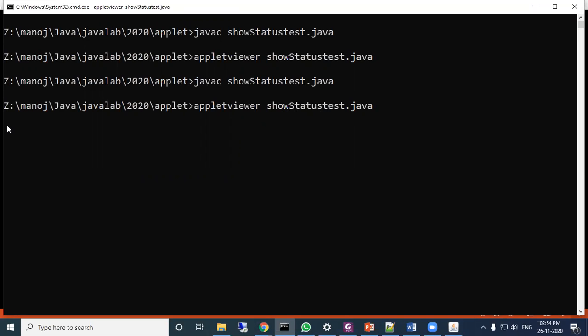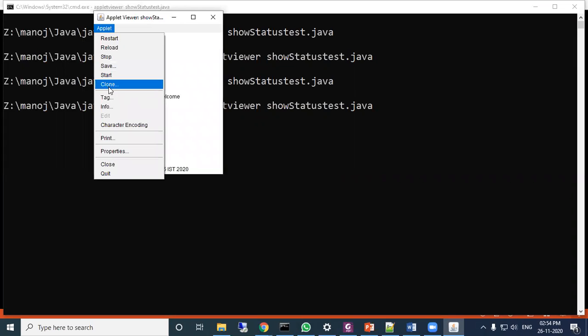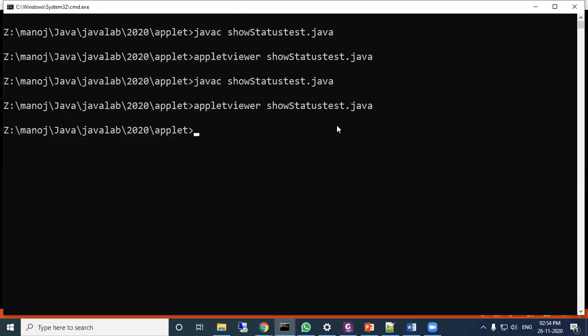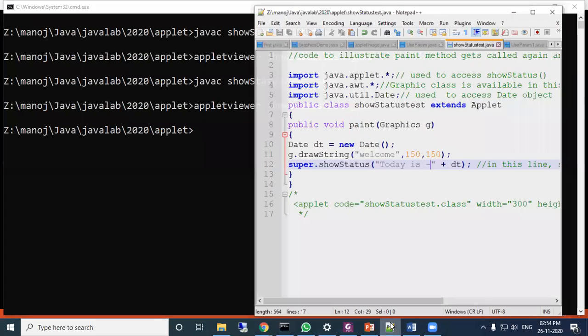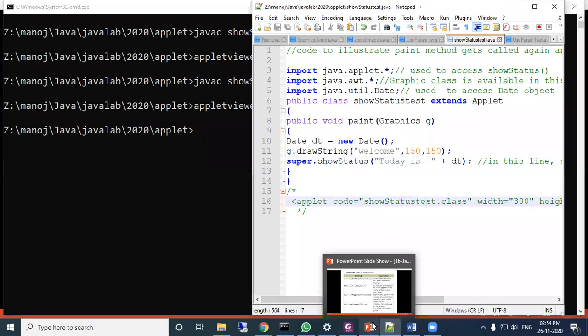It is not returning the prompt. When you close this applet viewer, some options show automatically, or you can directly close it. Okay, after closing it comes back to the command prompt.